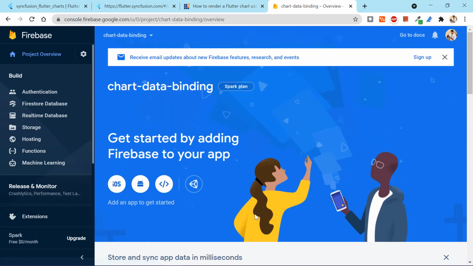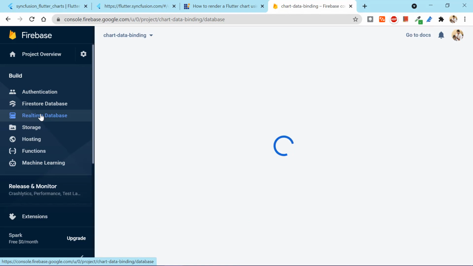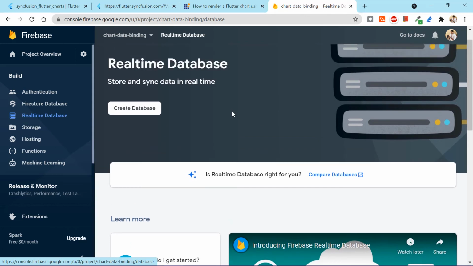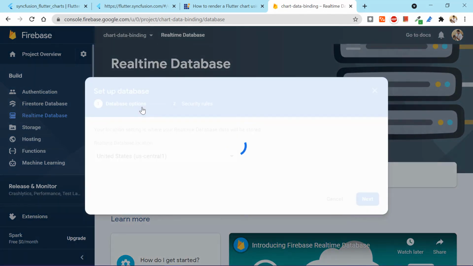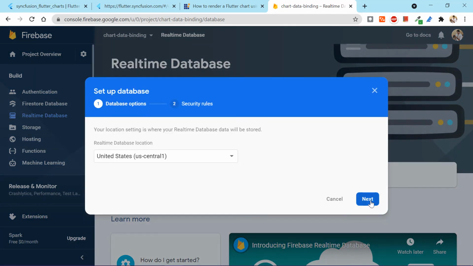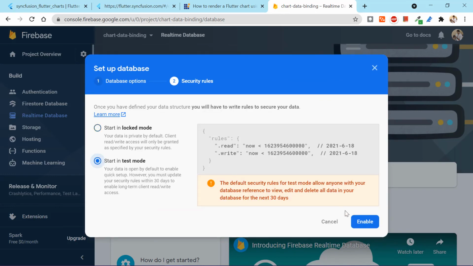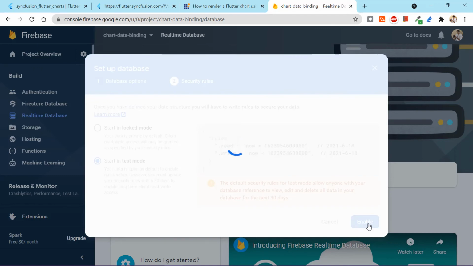Next, let's add a database to this. You can choose Firestore or Realtime Database. I'm choosing Realtime Database. Click Create Database. I'm starting this in test mode, so anyone can read or write to this.